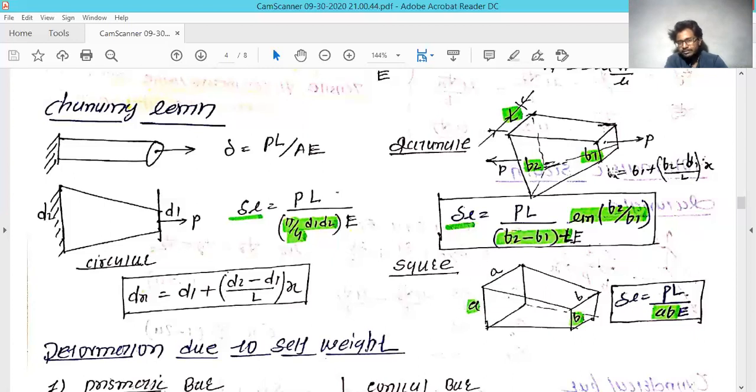The forces P are applied on both faces, perpendicular to the plane. Here the formula remains the same, and only the area changes: the area turns out to be (b2 minus b1) divided by ln(b2 divided by b1). If you want to remember this formula,